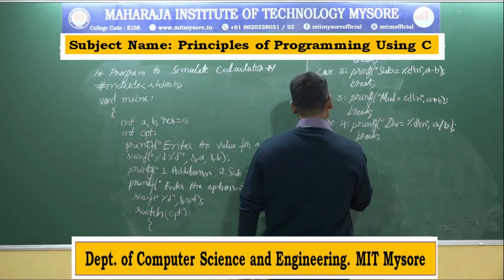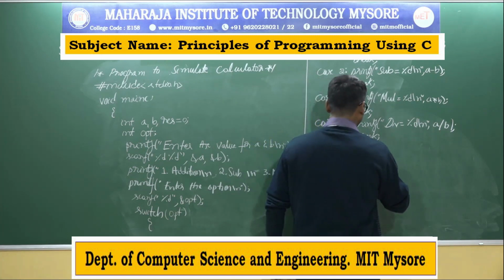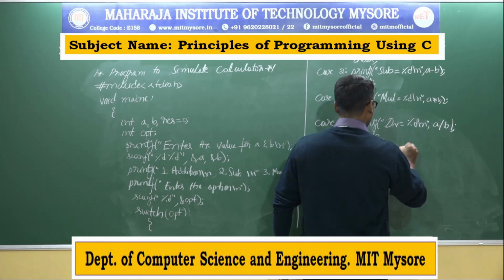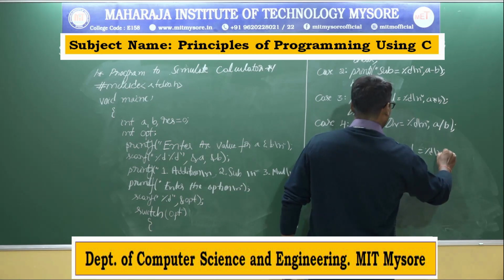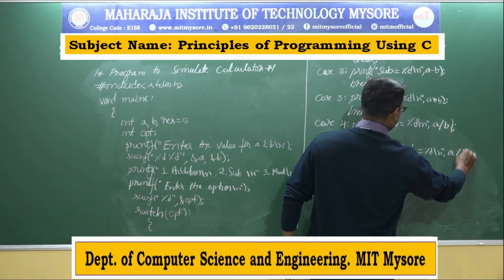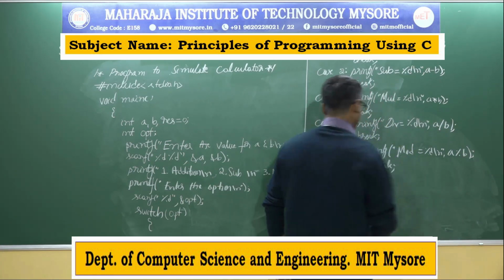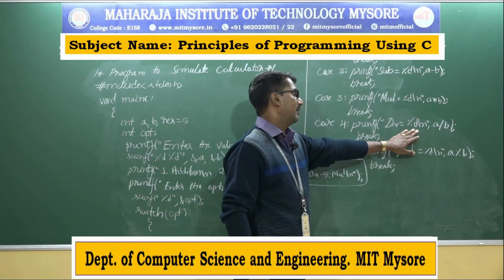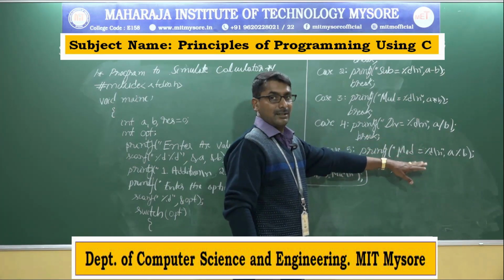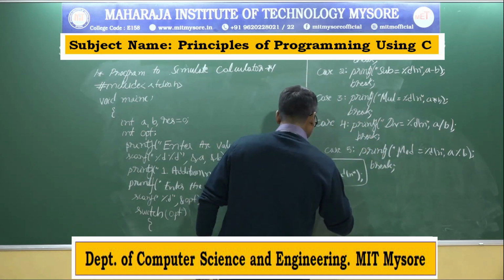If the case is not matched with 4, then one more case, case 5. Printf "mod of this number is equal to %d\n", a modulus b. Then break. Division of two numbers returns the quotient, mod returns the remainder. Okay. Now if this case is also not matched,